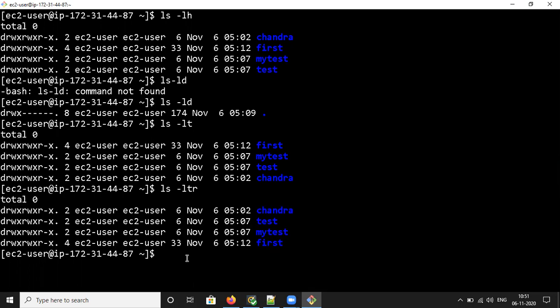If you want to display any hidden files in a directory, you can use the -a option. ls -a. That means any hidden files in the directory, you have to use the -a option. Hidden files start with a dot.